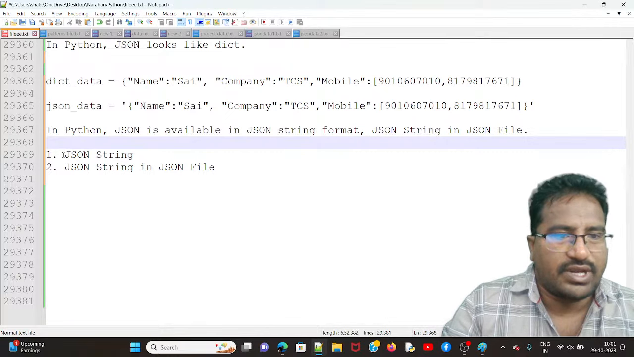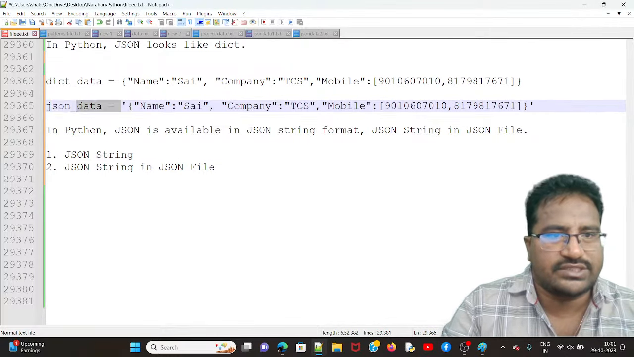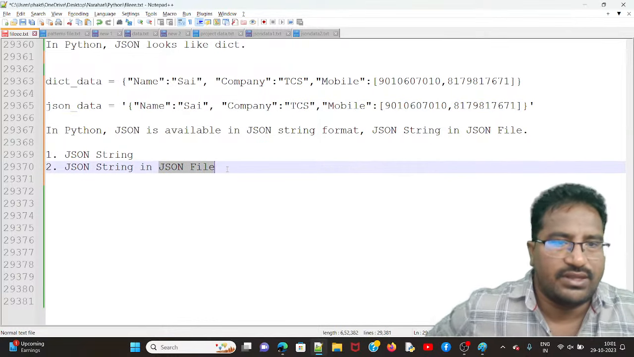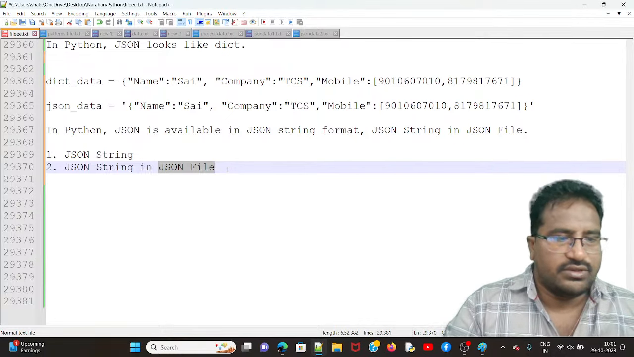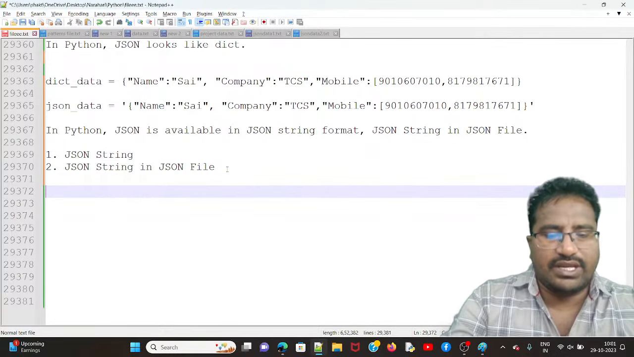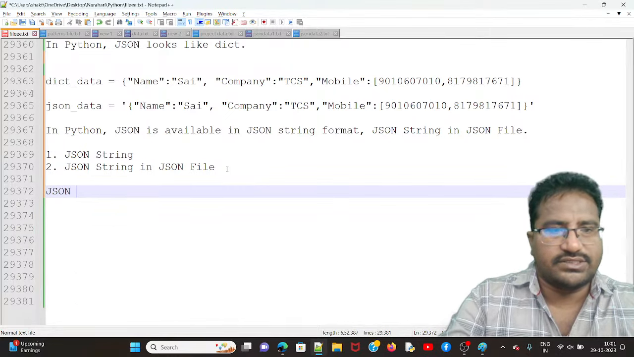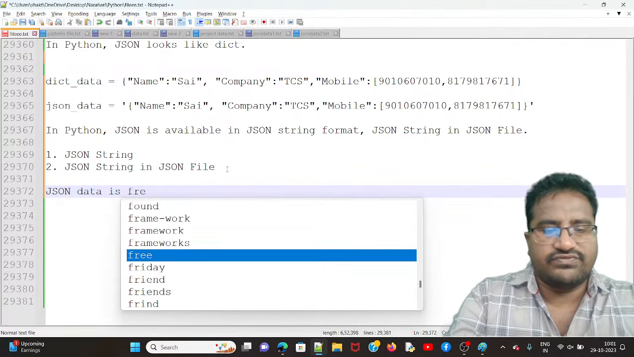The same, we have a string directly like this, a string variable, right? Or else the same string we can keep in a file also. Which file again? A JSON file. Okay, all of you, right? So finally, one point is that JSON data is frequently